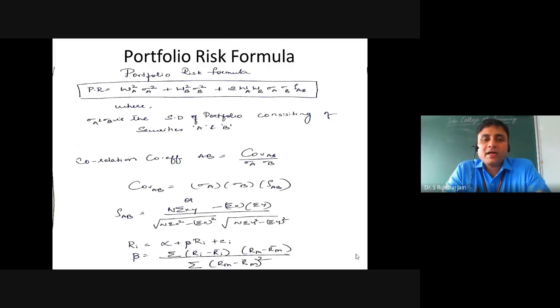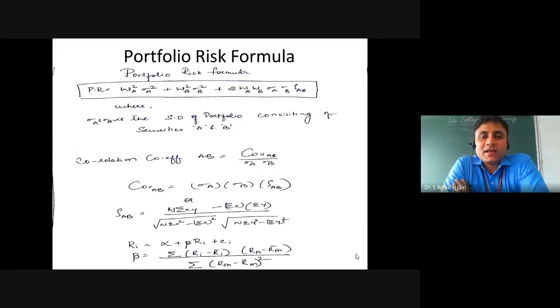Okay, how to remember this? That also I'll tell you. All of you know the A plus B whole square formula: A square plus B square plus 2AB, right? So what I have to do? How do I calculate sigma P, that is portfolio risk? See, weight of security A